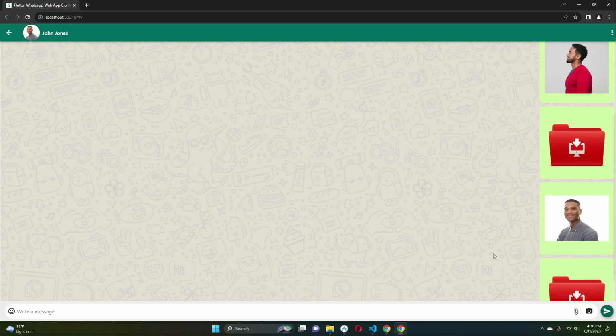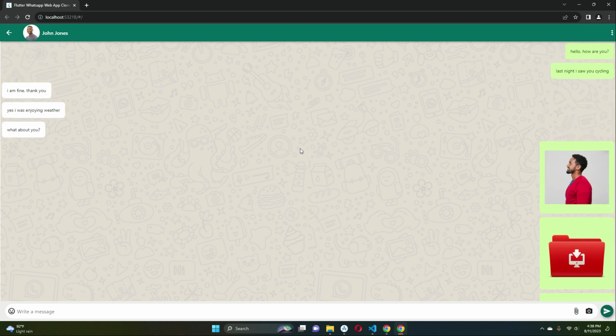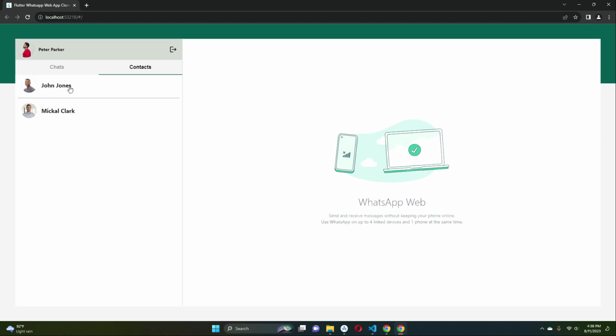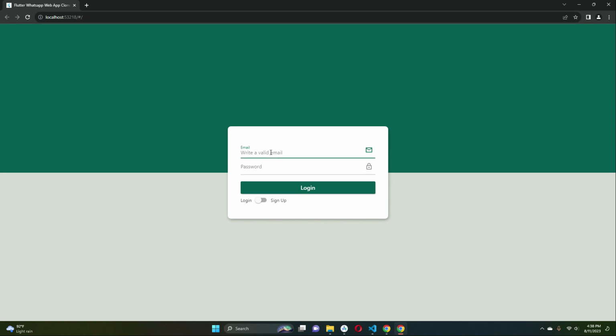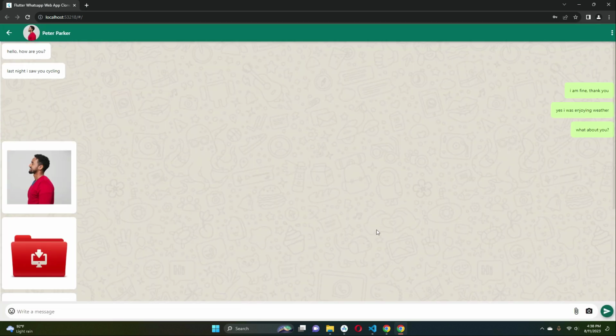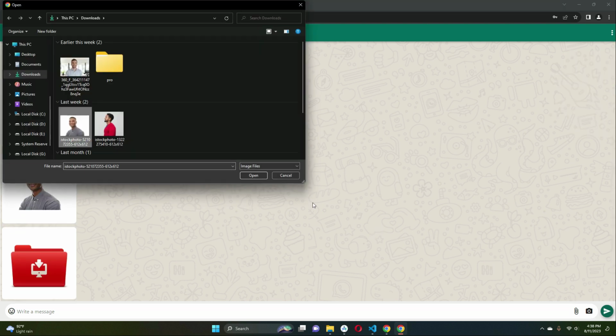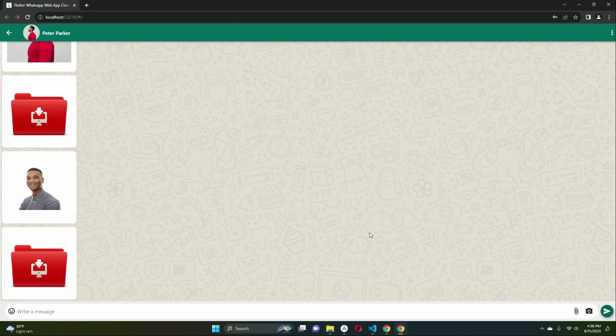So yeah, this is how we can send images, we can send files, and we can send text messages. Of course, if you want, you can log out and see it for the receiver side, that is, log in using John's account. So I will quickly log in as John, so we can check if it is working both for the sender and for the receiver as well. Here you can see that it is working fine. Let's choose an image, let's send, let's choose a different image. Okay, this one. So here you can see that